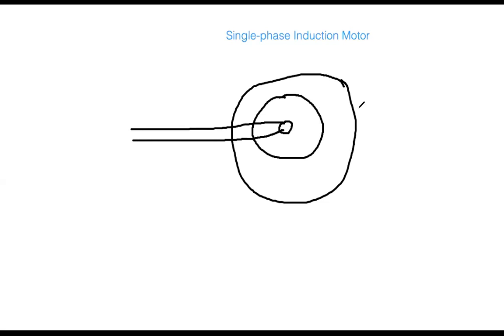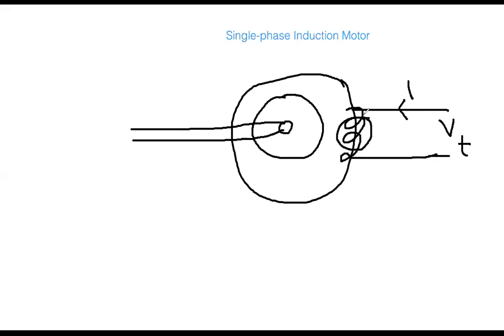So this is the stator. On the stator, because this is single phase, there is only one phase of the coil. It is not like a three-phase induction motor, where there is B phase, C phase. Only one phase. And then you are applying the voltage here. This is the terminal voltage, and then the current is flowing. This is only one phase, so I am not even designating it by I. So what will happen? There will be a flux. But what will happen is that this flux